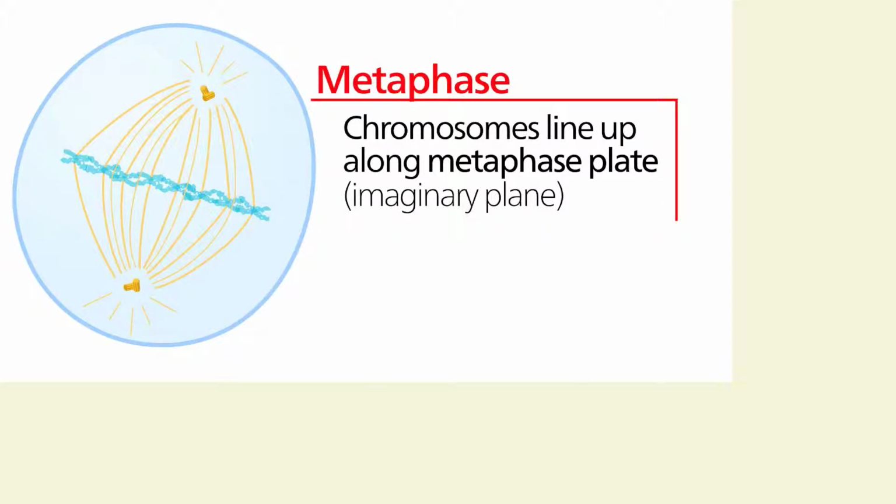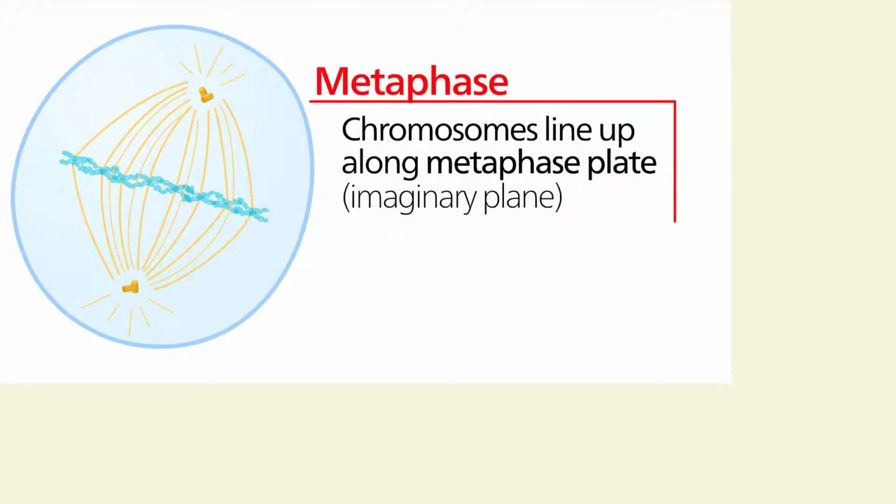In metaphase, the spindle fiber is attached to the centromere of each pair of sister chromatids. The sister chromatids line up at the equator or center of the cell. This is also known as the metaphase plate. The spindle fibers ensure that the sister chromatids will separate and go to different daughter cells when that cell divides. And again, that's an imaginary line. There isn't actually a line there. Okay. Moving along.